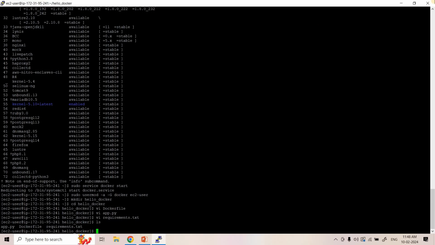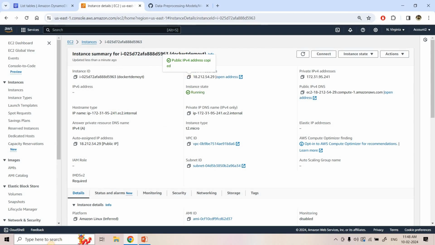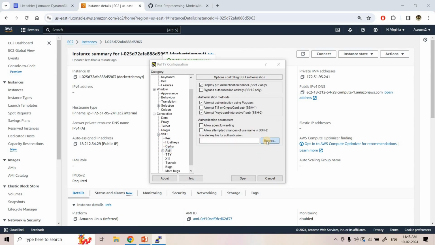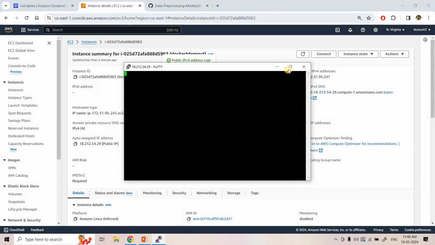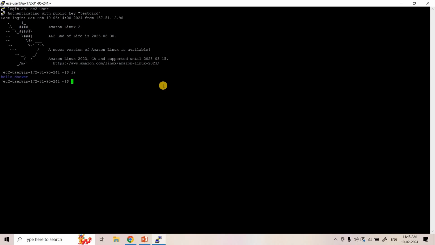Okay, now we will create the Docker image. Before that we need to restart this kernel. So I will close this one, and I will do SSH again in this same server. So here I will go to SSH, and authentication I will choose. The key pair file I will take, and I'll open this and login as default login ID is ec2-user, that I will do. And then here if I do ls, we need to go to the directory where we have created all the files, and if I do ls, here our files are available.